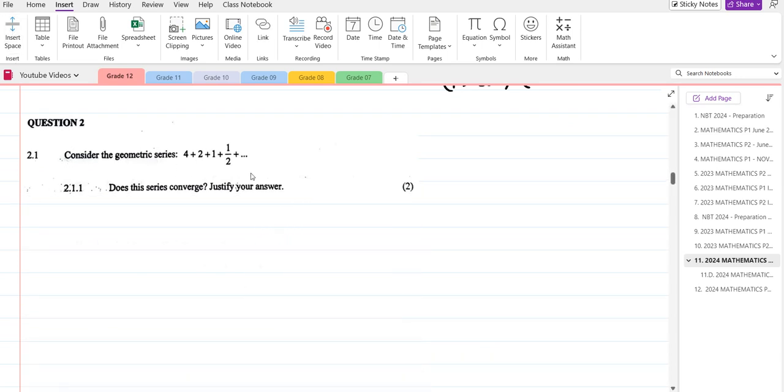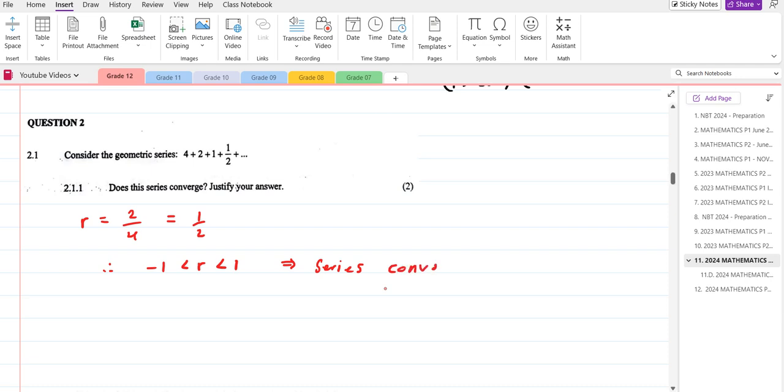Consider the geometric series 4 plus 2 plus 1 plus half. You can see this geometric series is converging because of the ratio. What's the ratio? Does the series converge? Justify your answer. Yes, because the common ratio is 2 divided by 4, which is equal to half. And therefore, minus 1 is less than r, is less than 1. This implies series